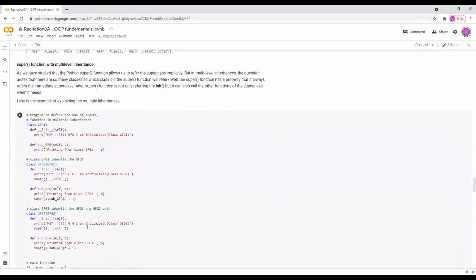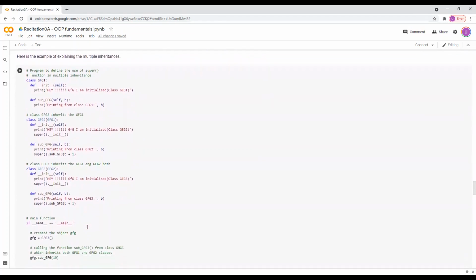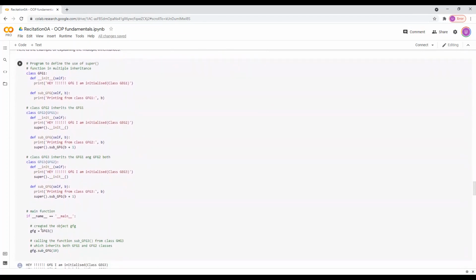And this is an example of how the super function will work with multi-level inheritance. So for example, here we finally instantiated the class GFG3. When we are calling this class GFG3, it will go over here and initialize GFG3. Then, since we are inheriting it from GFG2, it will instantiate GFG2, which will in turn instantiate GFG1.